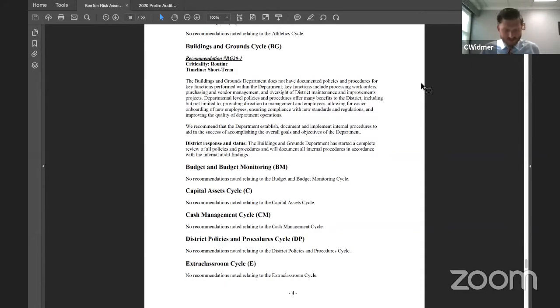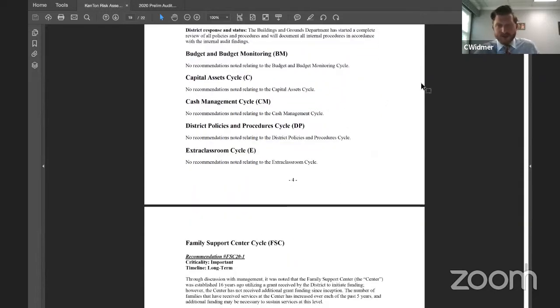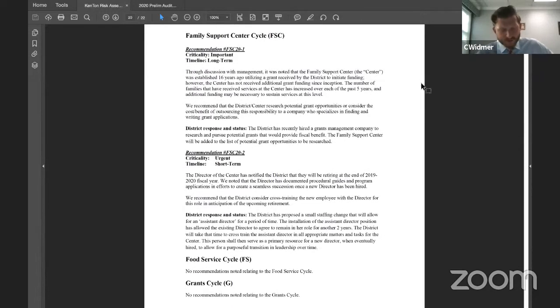All right, moving on to the next page. These I'll just summarize briefly as they were discussed at the last meeting. Let me know if you had any specific questions on it. But the first item carries a criticality rating of important, which is that medium criticality rating, and a timeline of long term. And really that's surrounding